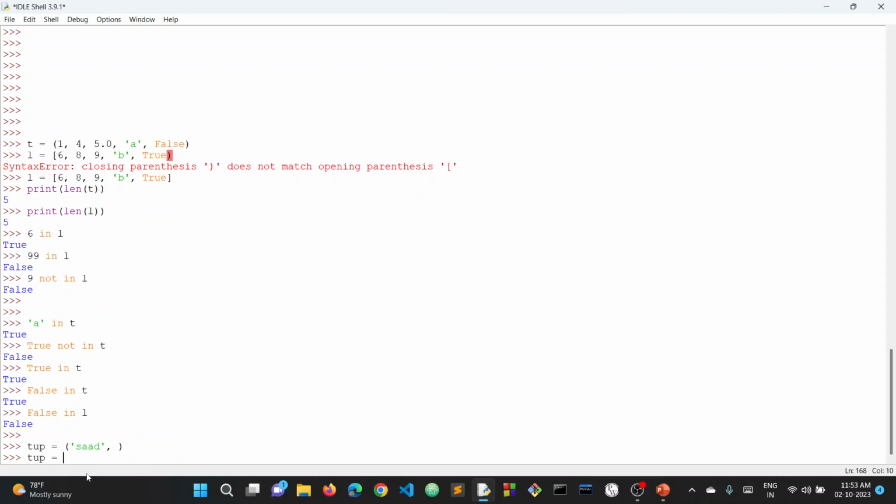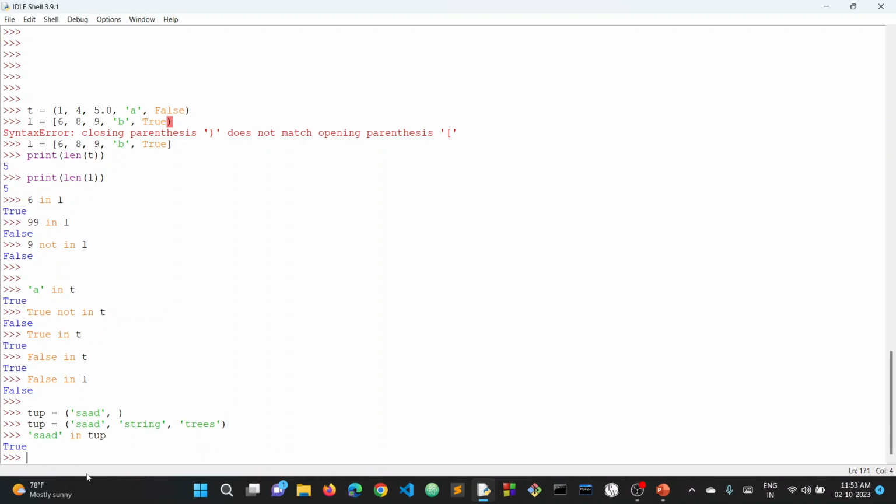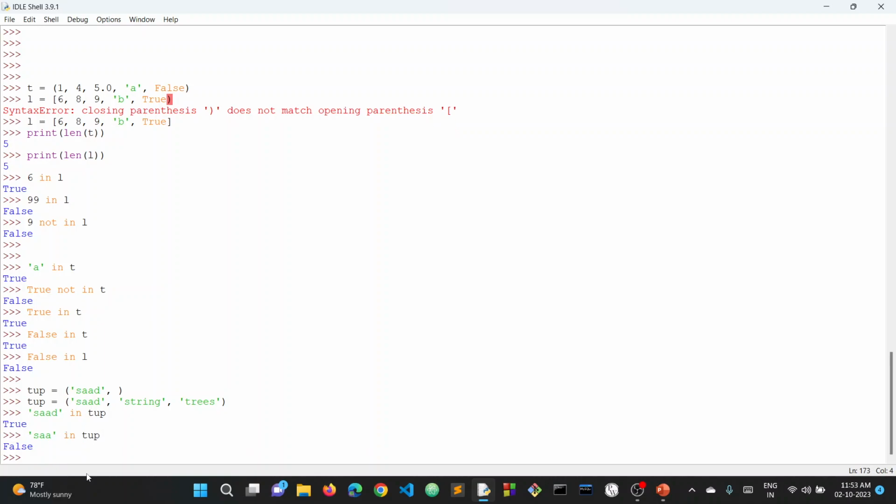Sorry, by mistake I have pressed enter. Let's just create a tuple quickly. So here we have a tuple with 3 strings. Now if I say sad in tup, it returns true, nothing to question about. Now if I say SAA in tup,